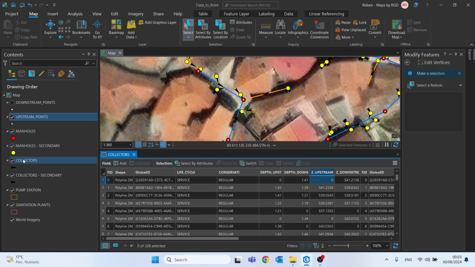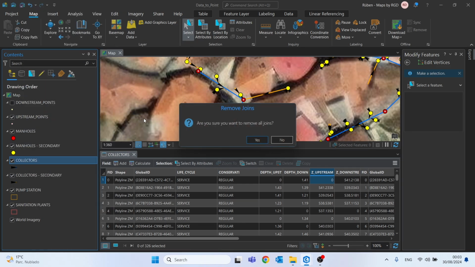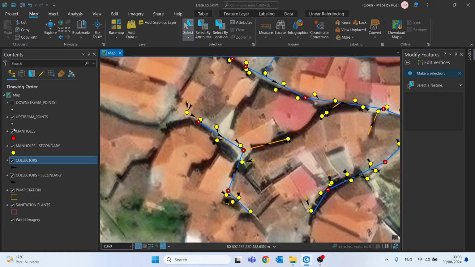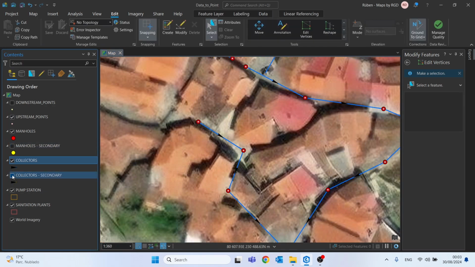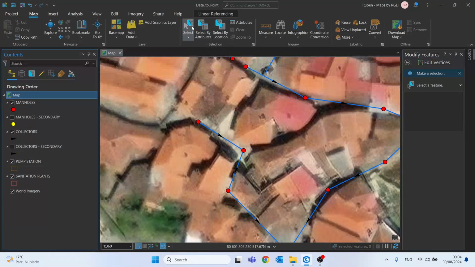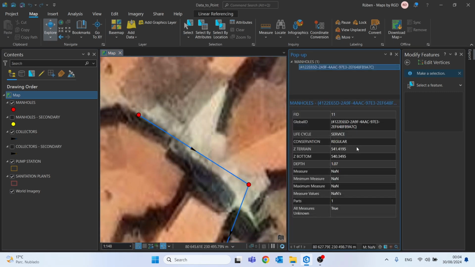And that's it. Now let's check if the values we filled or calculated are correct. Let's first remove the joins of the collectors. And let's uncheck the secondary network. These two elements as well, let's remove from the project. And what I like to do is to check, for example, 2 or 3 elements. So let's start with this manhole. We can see that this manhole has a depth of 1 meter and 7 centimeters. So the upstream value of this collector needs to be